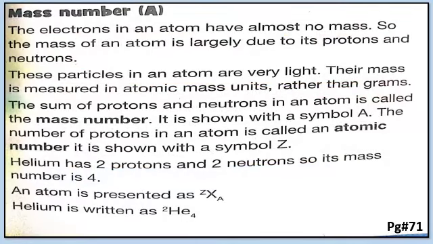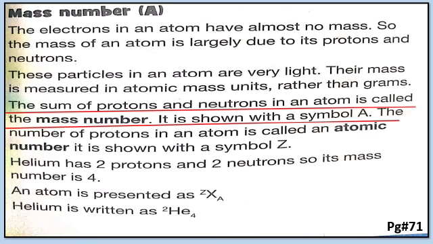So dear students, on page number 71, the other topic is mass number and atomic number. Now the question is, what is mass number and what is atomic number? So dear students, the sum of protons and neutrons in an atom is called its mass number. Means कि किसी भी एटम में प्रोटॉन्स और न्यूट्रॉन्स के सम अप को हम उसका mass number कहते हैं। And it is shown with the symbol A, और इसको साइंटिफिक वे में हम सिंबल A से शो करते हैं।